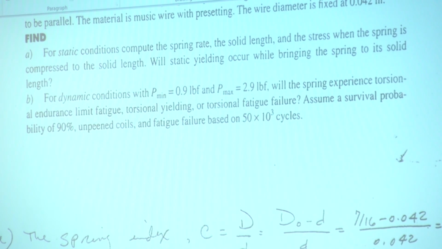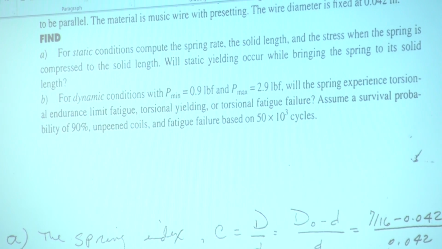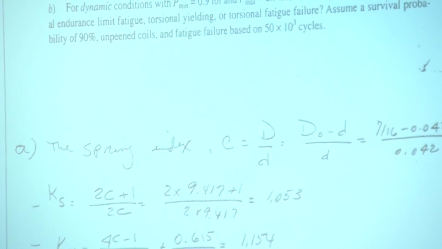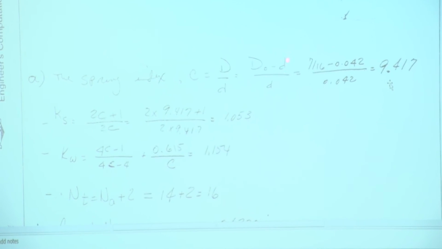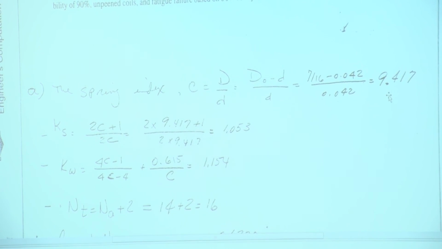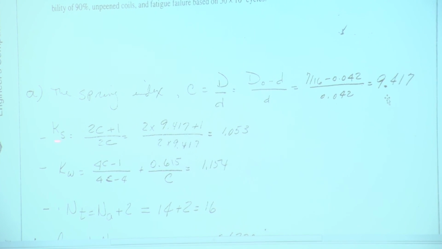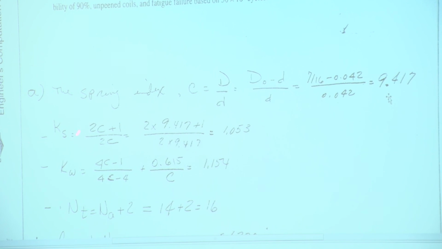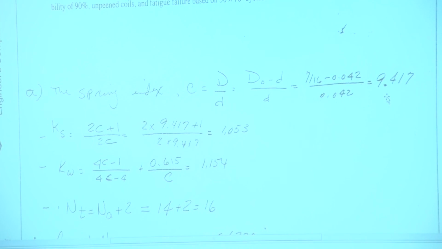The spring index is C, D over d, mean coil diameter divided by the wire diameter. Mean coil diameter is the outside diameter minus one wire diameter, divided by d, 9.4. The Ks and Kw, you recall this as the shear stress correction factor. We don't use that, we straight use Kw. The reason why it's in here is that